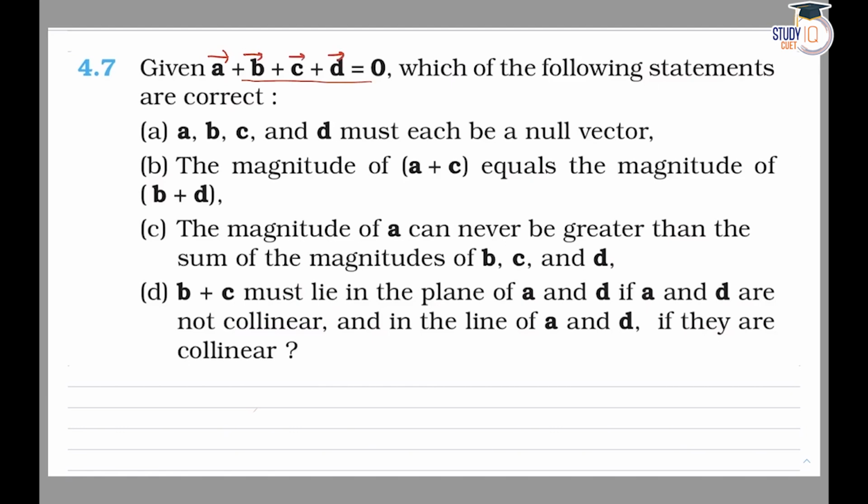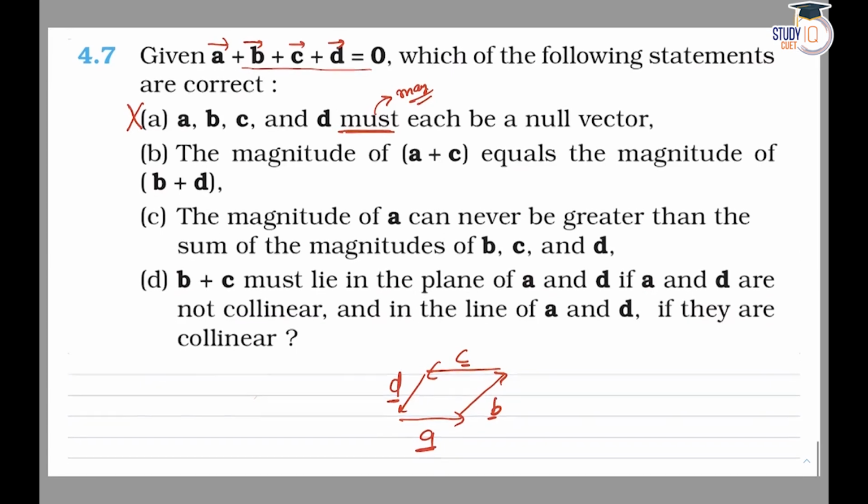First one, A B C D must be a null vector. क्या बोल रहा है? Must be a null vector. So if A B C D represent the four sides of a closed polygon, then their vector summation would be 0. But individually A, B, C and D are non-zero. So this is wrong. If it was "may" here, then this answer may be correct. अगर यहाँ पर may होता तो ये आंसर करेक्ट हो जाता, but due to must, this is not valid